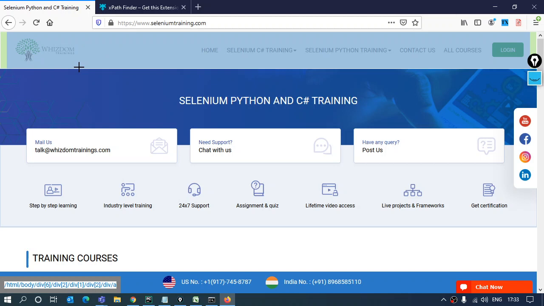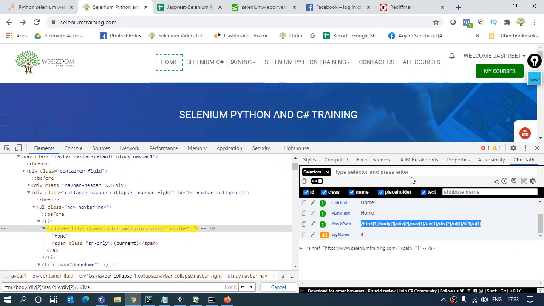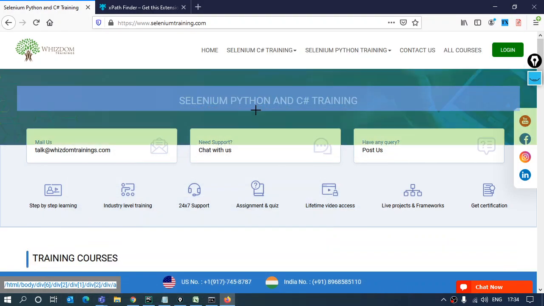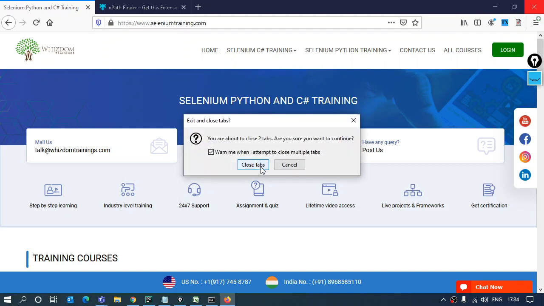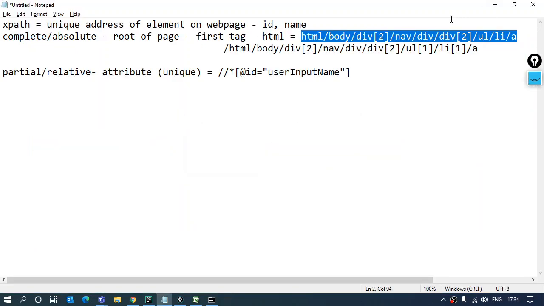Okay, so these are the two tools. They are very useful sometimes, because sometimes the XPaths are not being made correctly and they are giving issues. But these tools are very helpful, and the same is the case with ChroPath. That's also very useful. You will find it useful when we discuss the partial XPaths. Right now, complete XPaths are there, so right now they are not that clear, but I'll tell you how they are useful in the partial XPaths. Fine. So, any questions, any doubts till this part, or you want to ask anything, you can let me know, because this is all for today's class from my end.